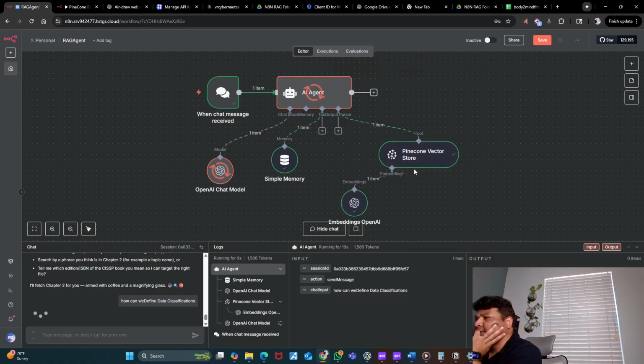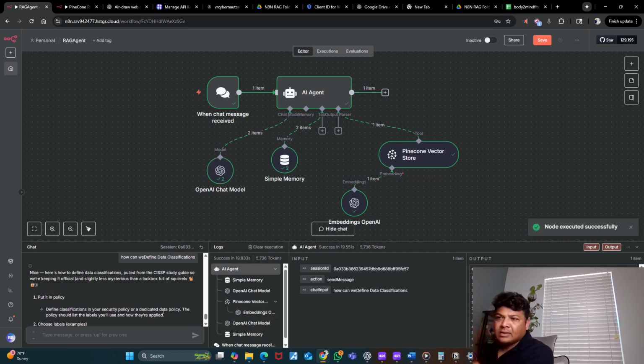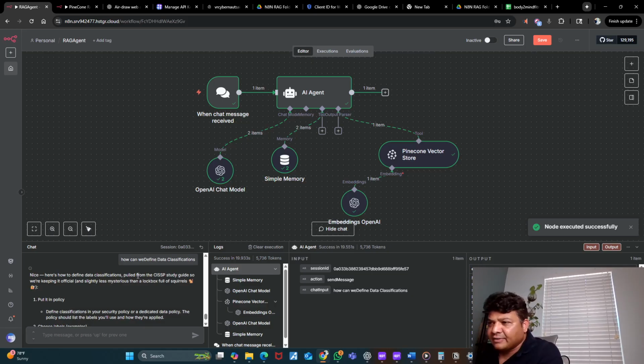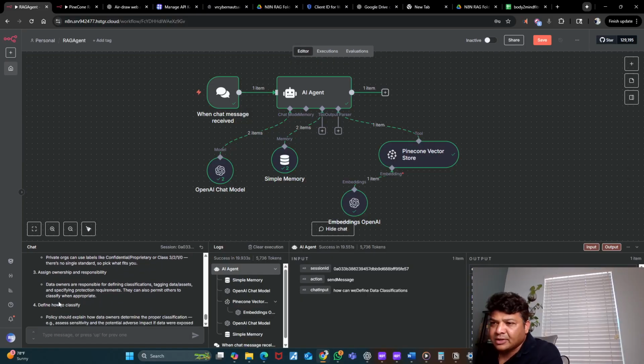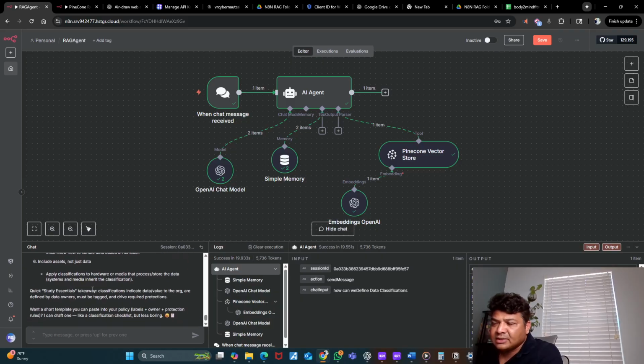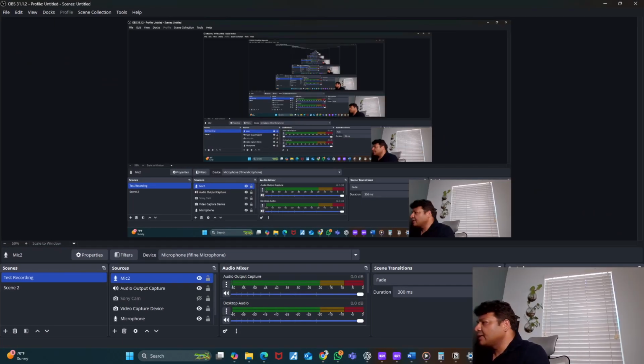It went. It's pretty fast. Okay, here is the data classification policy from the study guide. So we are keeping an official policy, choosing labels, assigning ownership and responsibility, defining how to classify, and protection types. So these are the points which it gave me back. So this is what it is. I think I still need to fine tune this, but